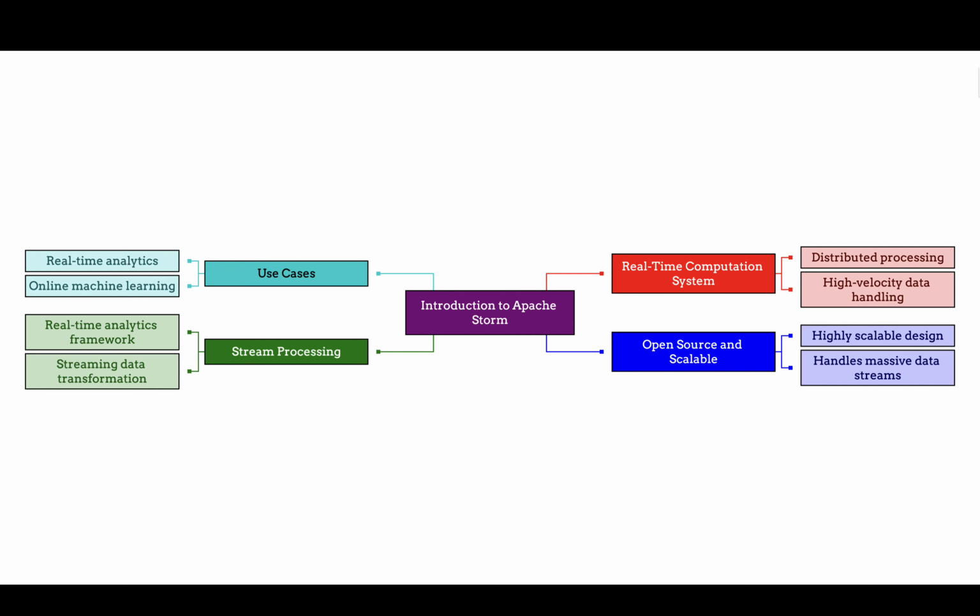Introduction to Apache Storm. 1. Real-time computation system. Apache Storm is a distributed real-time computation system for processing large volumes of high-velocity data. 2. Open source and scalable. It is open source and designed to be highly scalable, capable of handling massive data streams across a cluster of